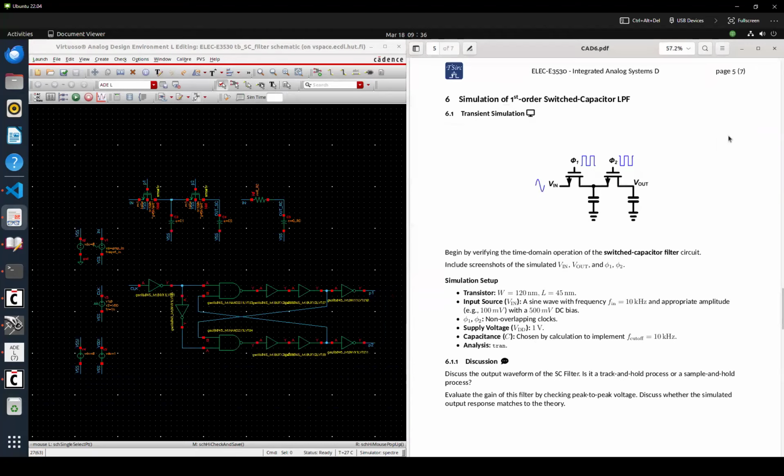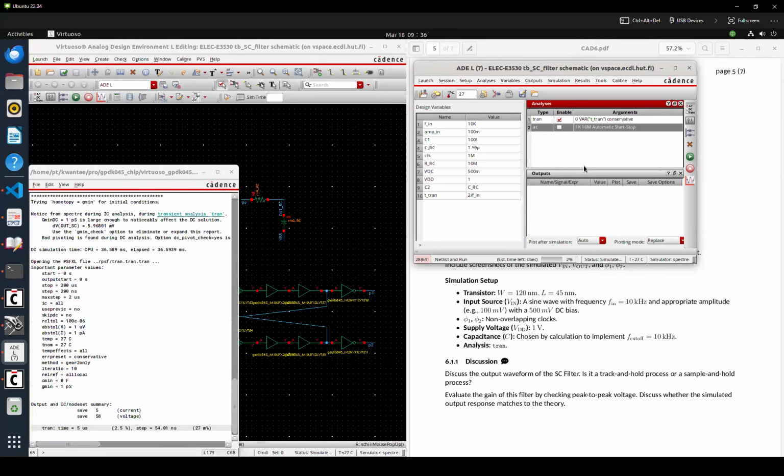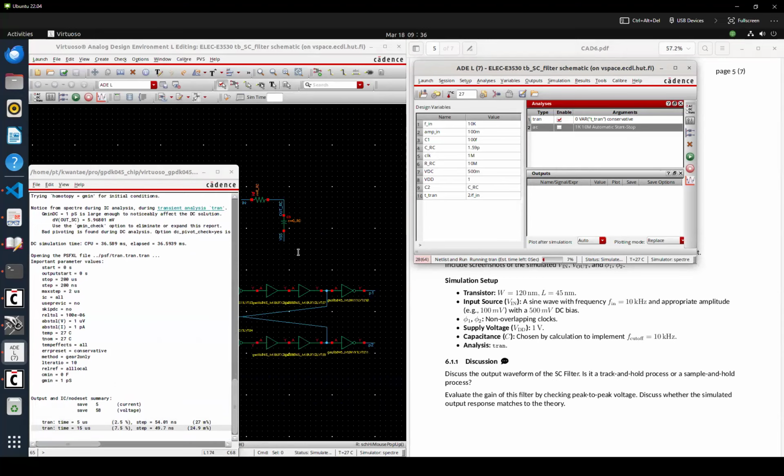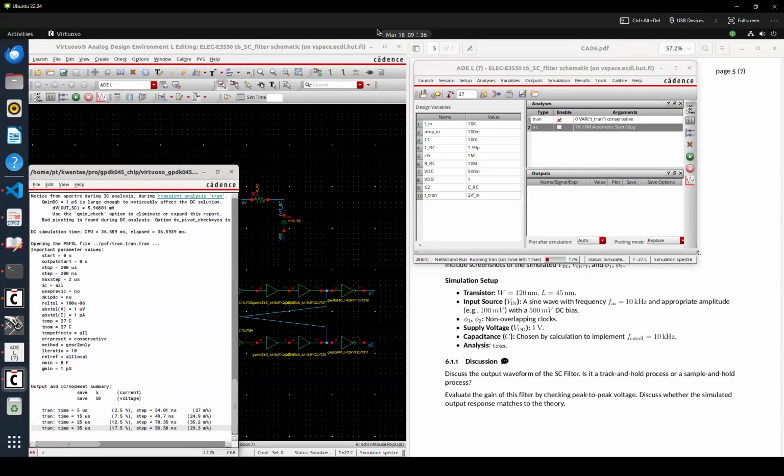Okay, so here let's run the transient simulation. In this case, we want to take a look at 2 cycles of F_in, and we don't need to run AC. In this case, let's run it. Yeah, you can see that its simulation speed is a bit slower. So this is because there is a big